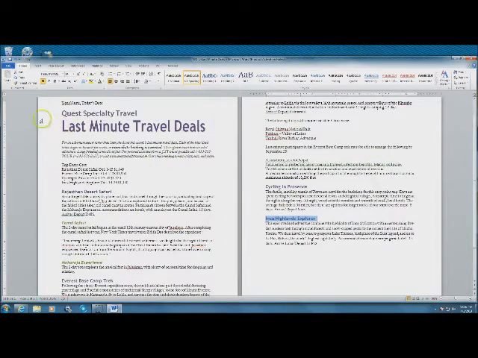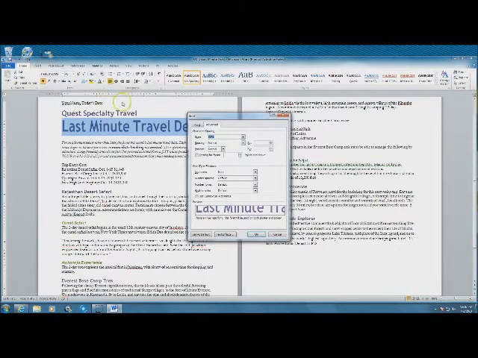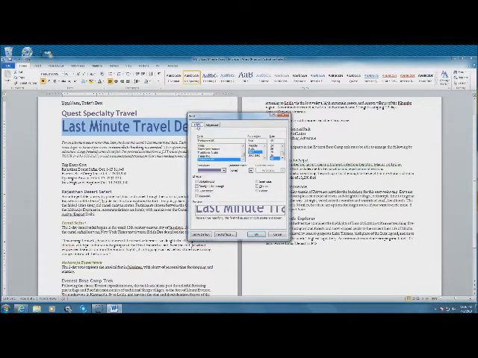Okay, select last minute travel deals again. And let's go click the launcher group for your font. Go to font. You want your font color to be olive green, accent 3, 25% darker. And under the text effects,